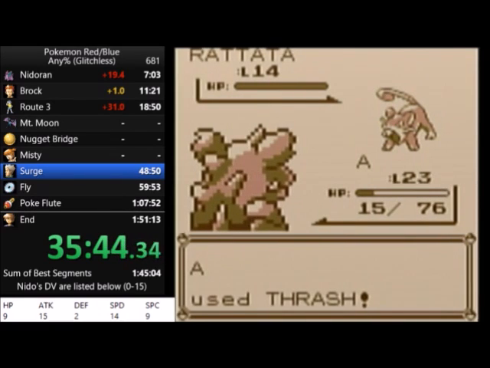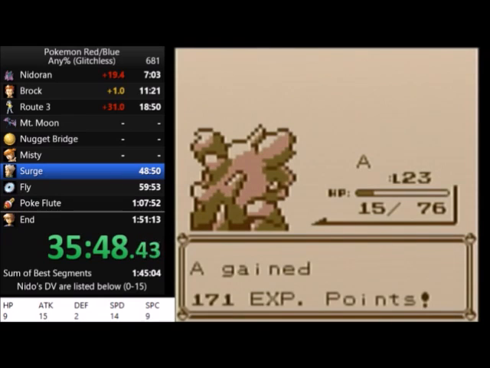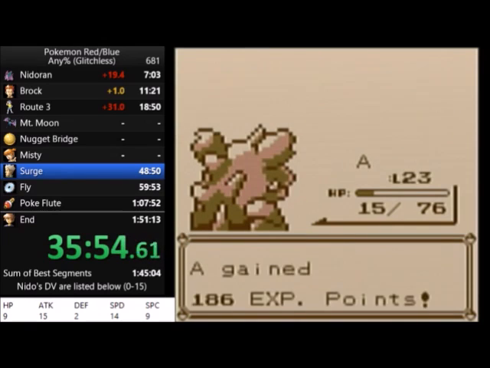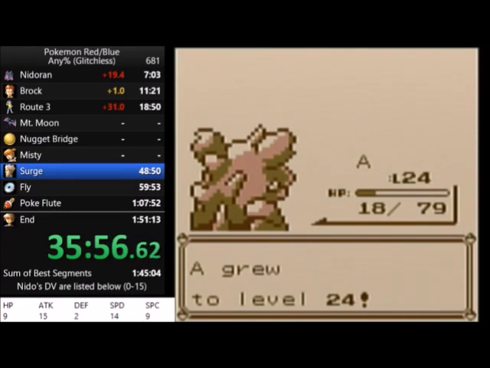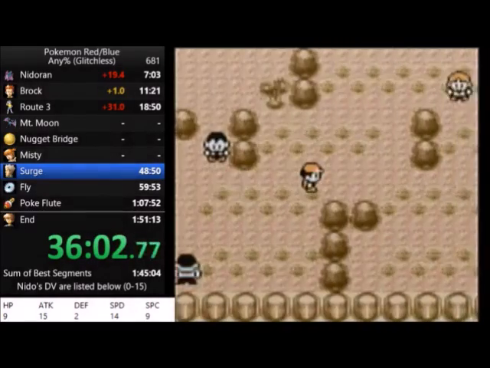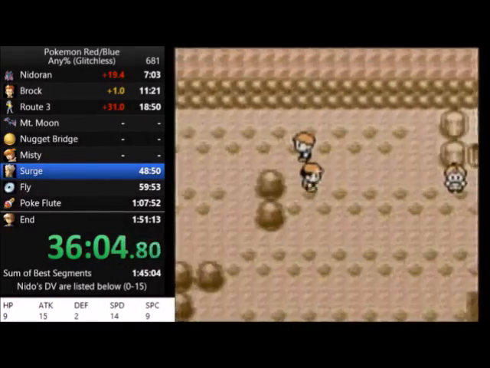Okay. Actually, that doesn't really matter. Switching out there actually allows me to keep red bar for Ekans, which saves almost 2 seconds, but then I lose it here. The experience loss there actually doesn't matter